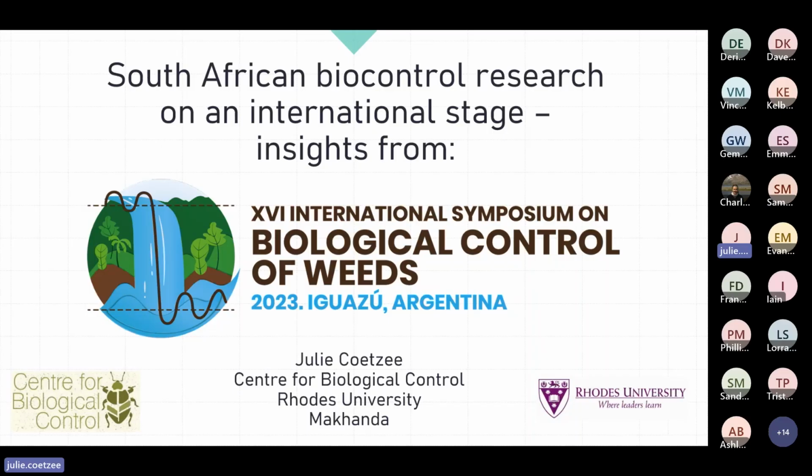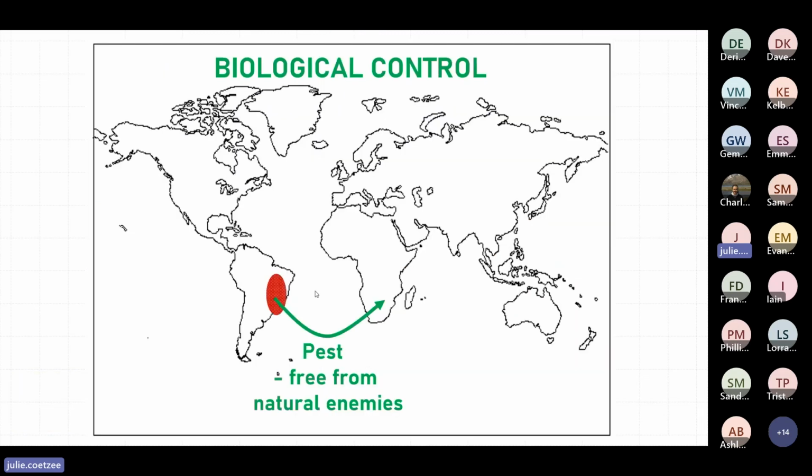I think most people know what biological control is, but I'll do the briefest of overviews for any people out there who aren't aware of what it is. Most of our invasive species, well, all of our non-indigenous species, come from regions outside of the country, and they're introduced into our country. In this case, I've just got an example of Brazil and Argentina, where a lot of our invasive species come from. They arrive in their new location, in this case South Africa, as a pest, and they are free from